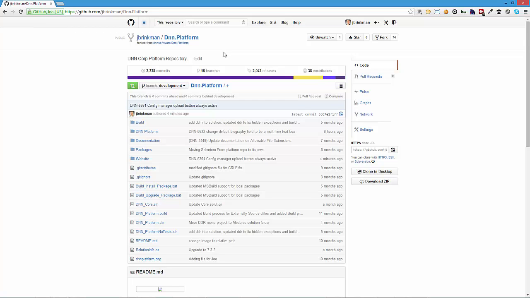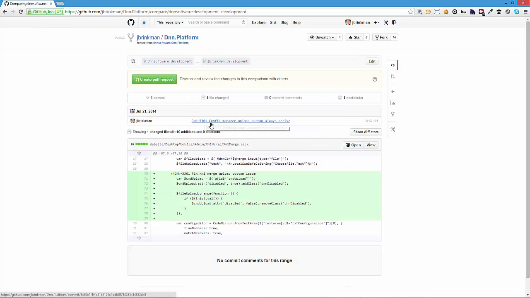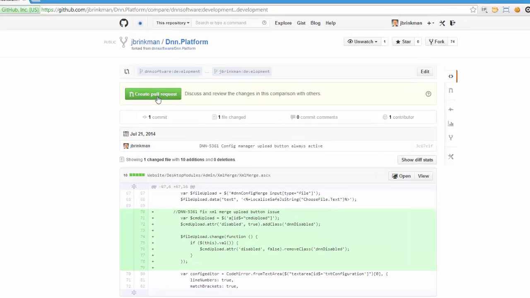Now what I want to do is submit a pull request from my repository into the DNN software repository. This basically tells the maintainers of the DNN platform that I have a change I would like them to review, and here's the code fix, or here's all of the file changes that go with that. So we'll just press this little pull request button, and that'll show me exactly what the changes are that we want to make,